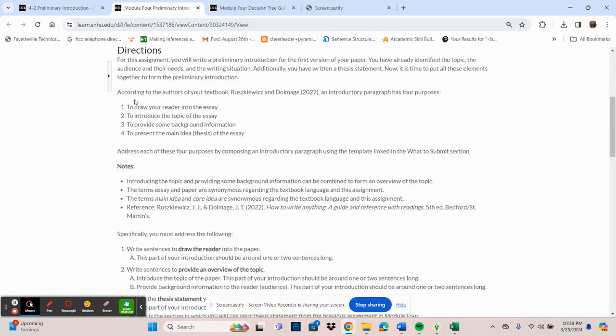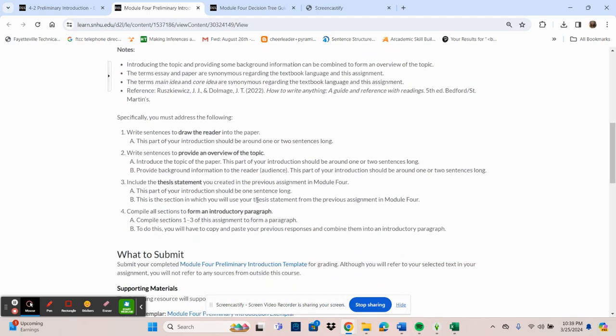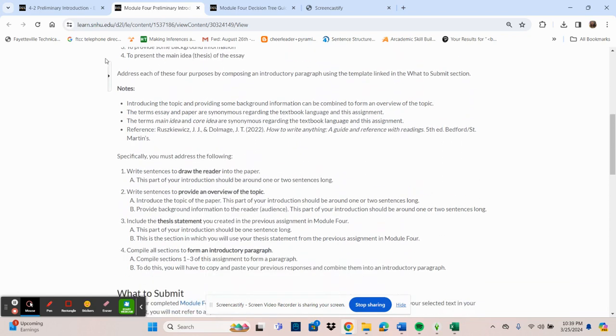And if you notice, these are all the parts of the introduction. Number one is the hook. Number two and three is the context. And then number four is your thesis statement. Okay. Address each of these four purposes by composing an introduction paragraph using the template linked in the What to